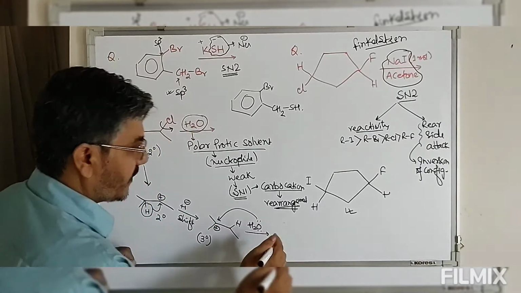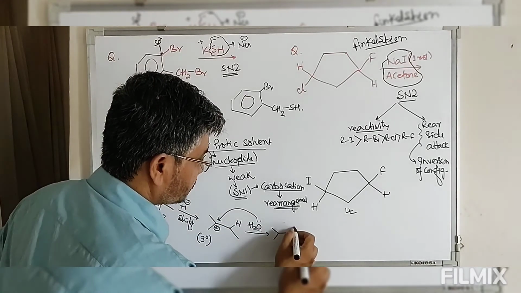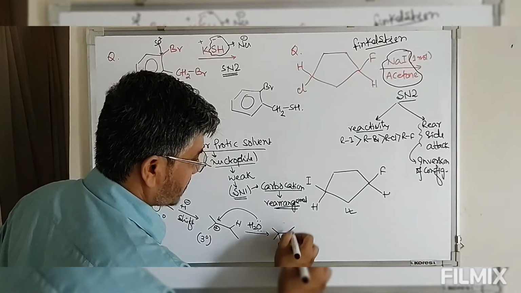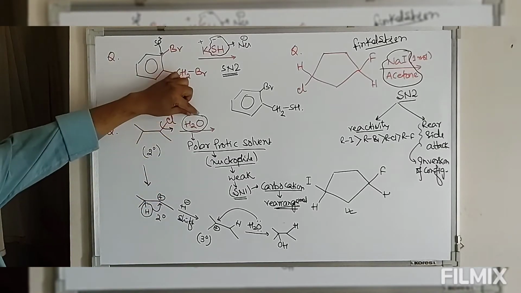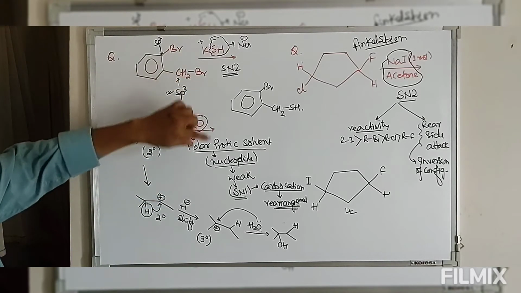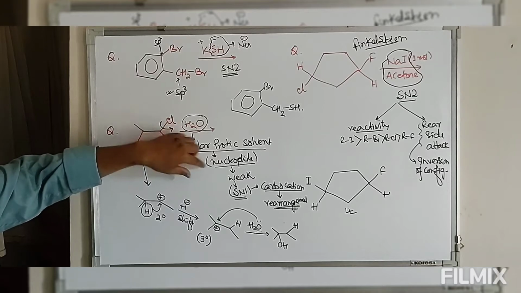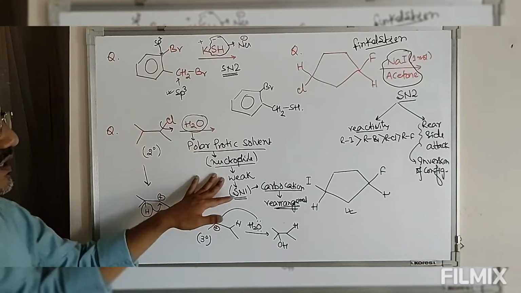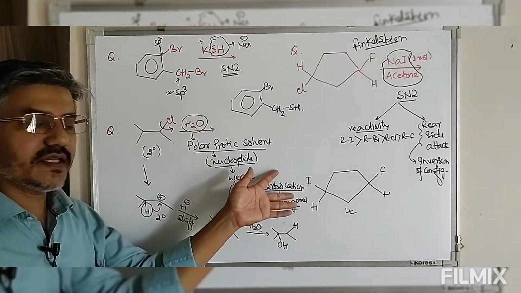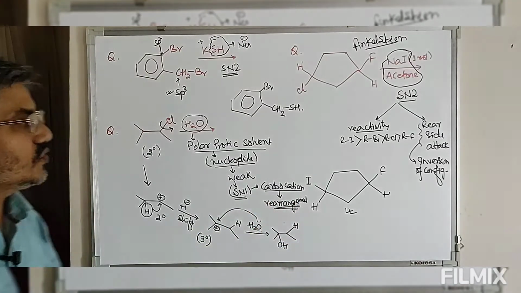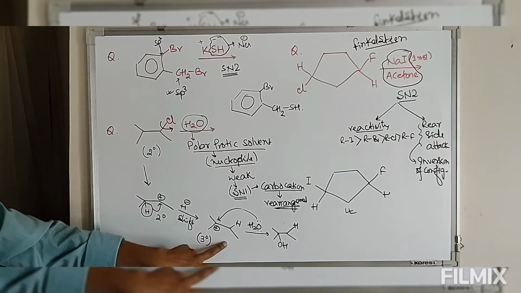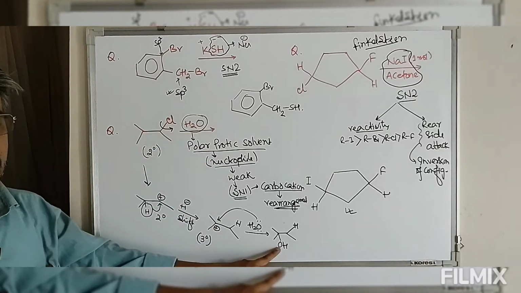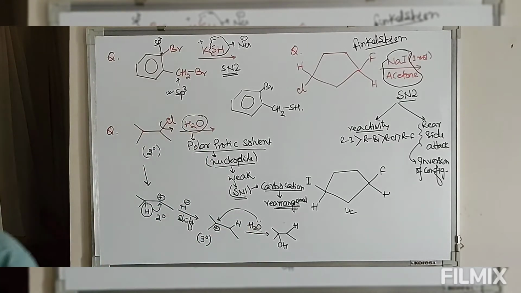and followed by removal of H plus N, this gives you the substitution product. So the first thing we have defined is that this is a polar protic solvent, which can also act as a weak nucleophile. A weak nucleophile means a substitution unimolecular reaction, and a unimolecular reaction means carbocation, so there is a possibility of rearrangement. First secondary is formed, by hydride shift tertiary is formed, and tertiary further reacts with water to give you the substitution product.